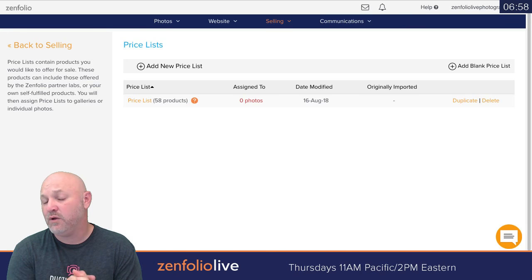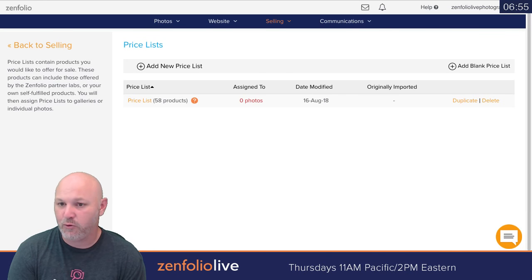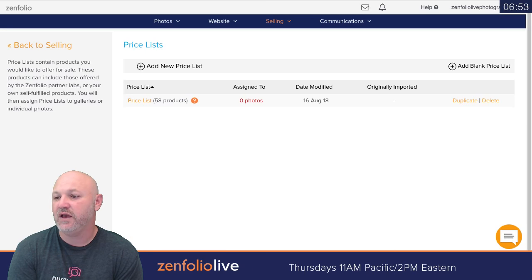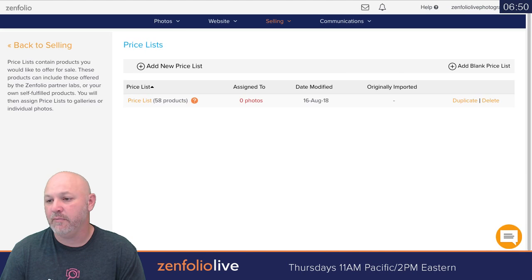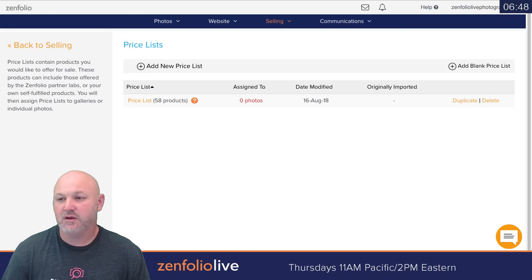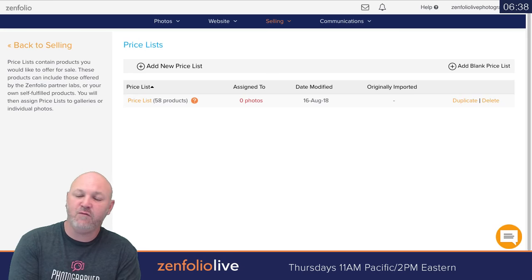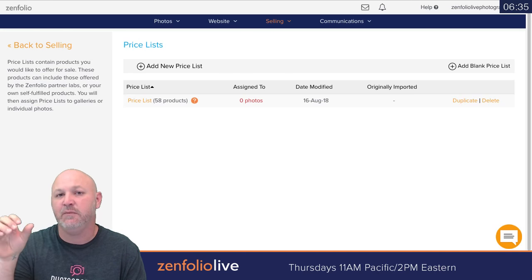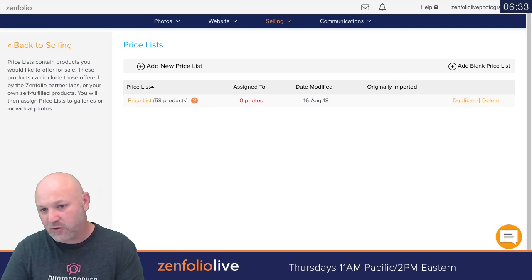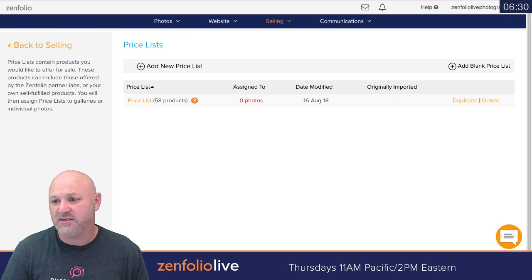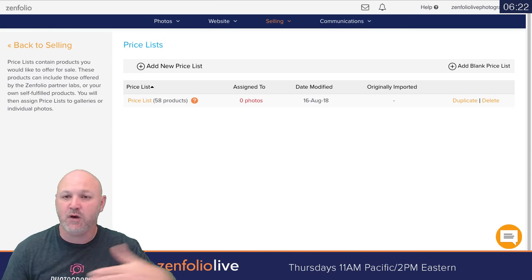The idea, or what's probably happening, is you're probably importing a CSV file that you've exported from either Mailchimp or something like that. And the problem is that when you import contacts into Zenfolio, they have to be in a specific format. And unfortunately, when you export them from things like Mailchimp, Constant Contact, Apple Contacts or your Google Contacts, they probably are not in that format. So really quick, let me show you how to get that format